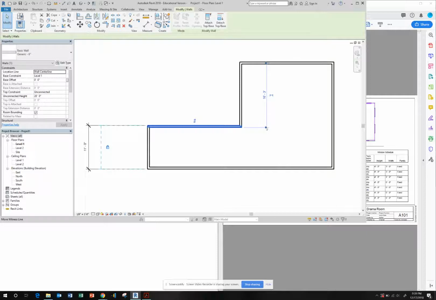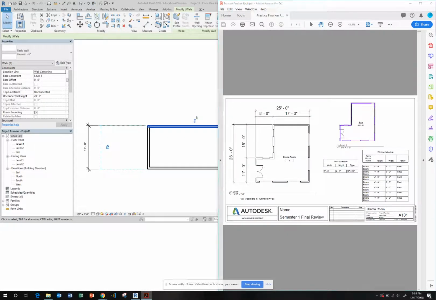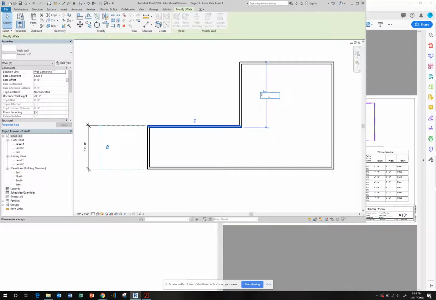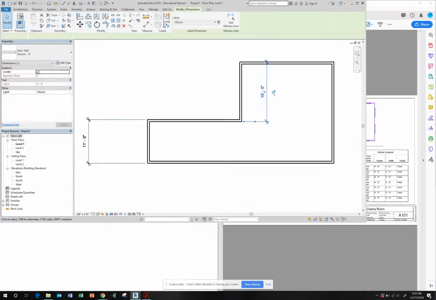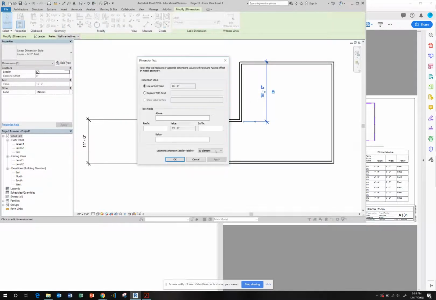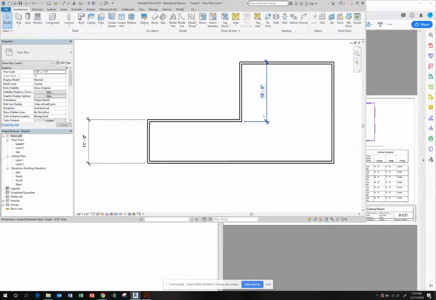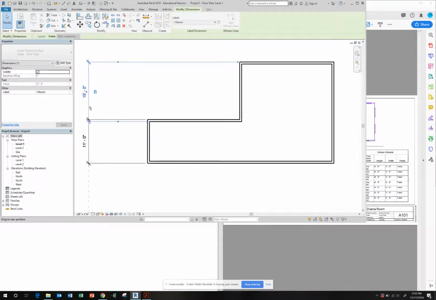So I'm going to move the witness lines to the outside. There we go. This was 15. So I'm going to make it 15. I'm going to annotate it, and I'm going to lock it in place. And actually what I'm going to do is, sure, that's good. I'm going to move it out for now. I don't want it that far out, but